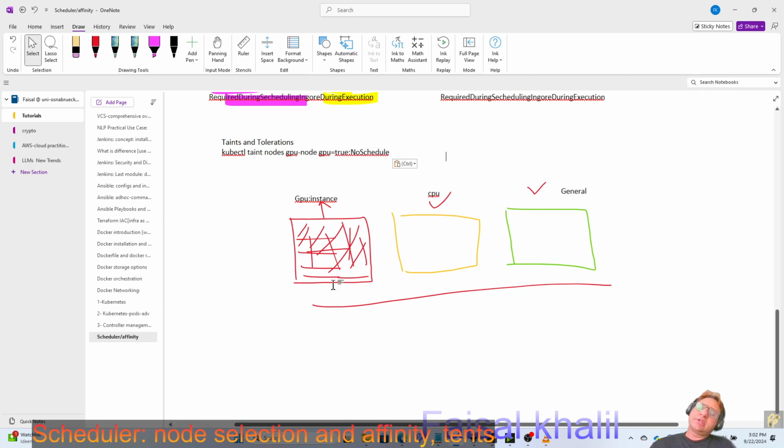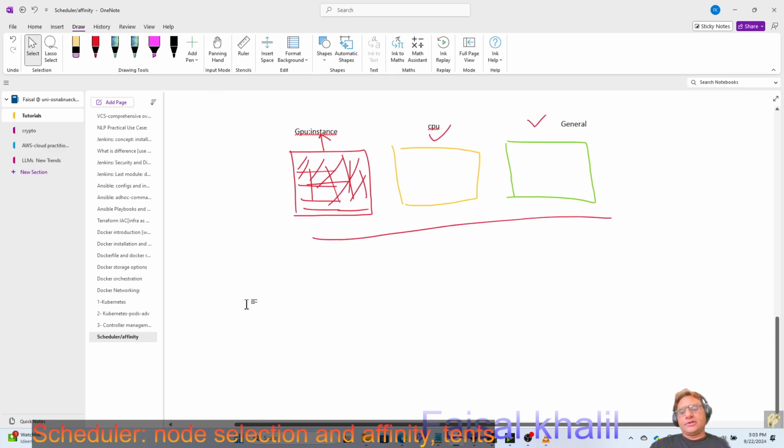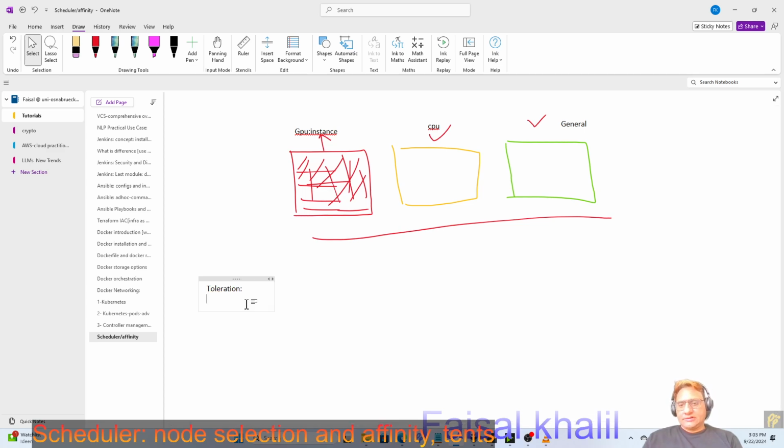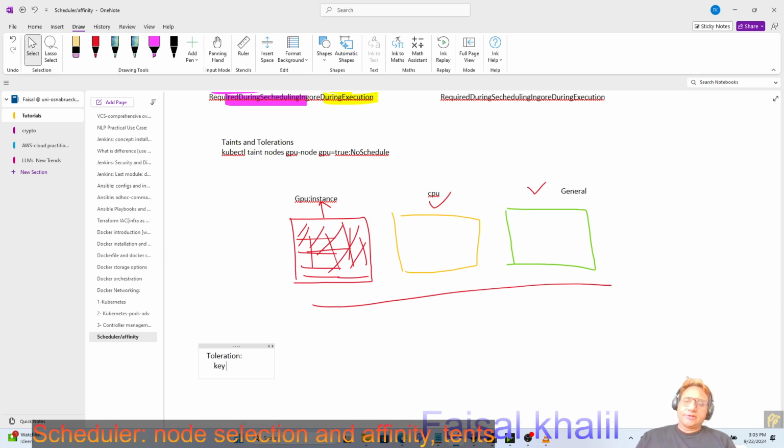Normally don't schedule anything. And this is the condition. For example, now all the taints are given to the nodes. The taint is the color which you give to the node. And the toleration. Now, very important combination is the toleration. What does toleration say? Toleration says that I could bypass. If I simply write here, please bypass this, which means that what I want to bypass is key GPU